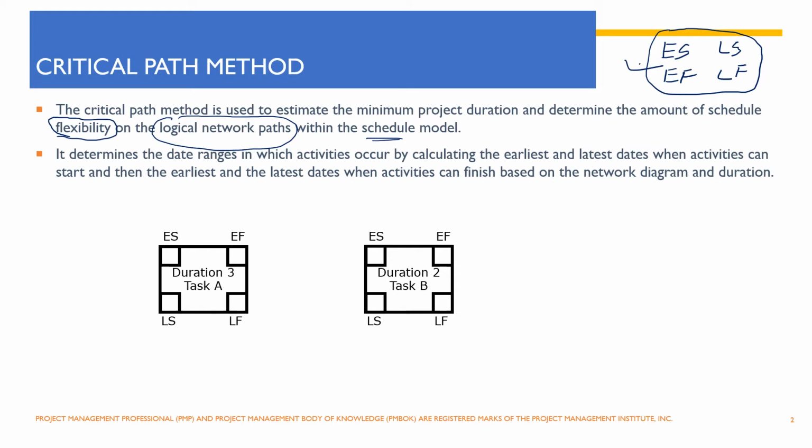Let's say there are two activities within the schedule, activity A and activity B. Duration of activity A is 3 days and duration of activity B is 2 days. Now suppose activity A starts on 1st of January. Now since the duration of activity A is 3 days, earlier finish date of activity A would be 3rd January,